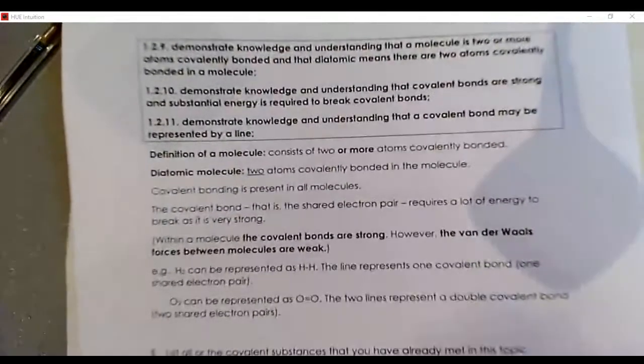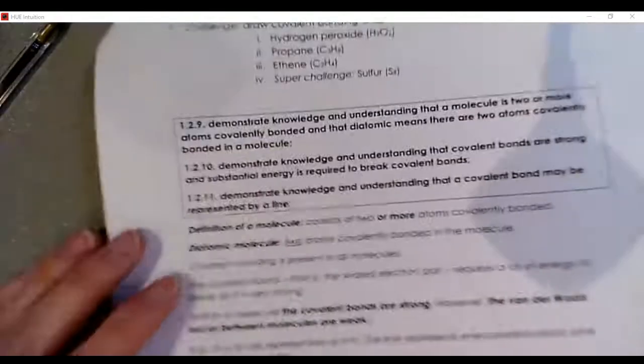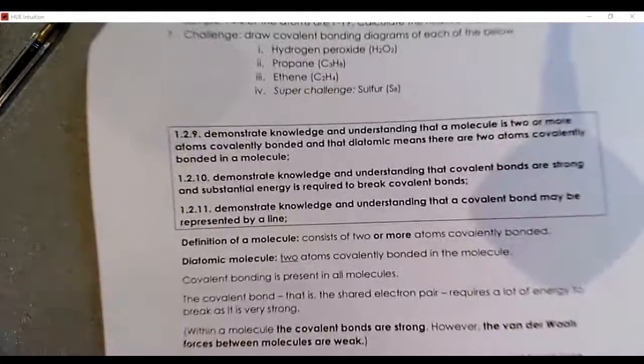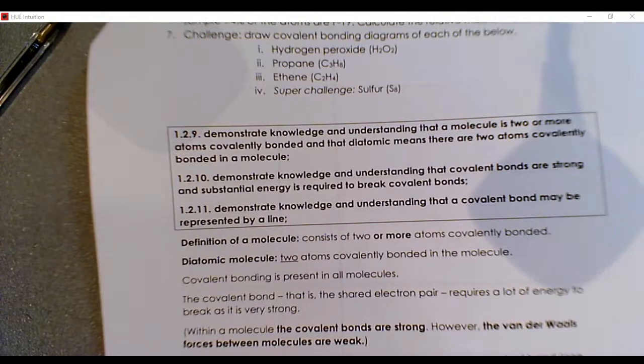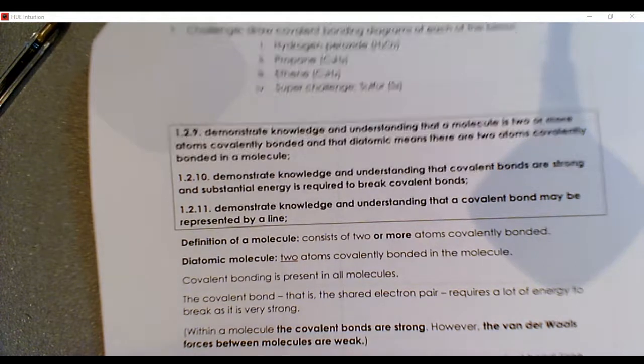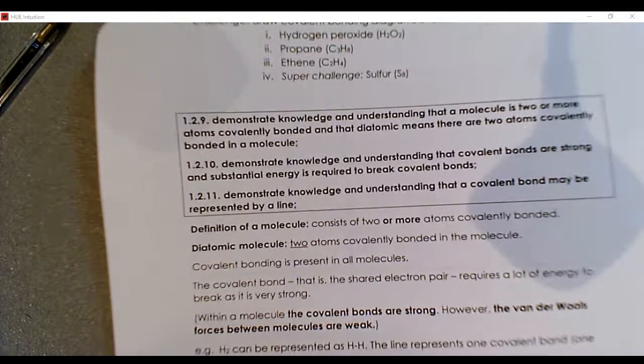So today we're going to be doing a bit of revision of drawing molecules, right? It's covalent bonding today, and we're going to be doing some revision of drawing covalent molecules, and we're going to then go on to looking at the effect of type of bonding and structure of molecular covalent substances, right? They're covalent substances made of molecules, what effect that has on their melting and boiling points and so on,